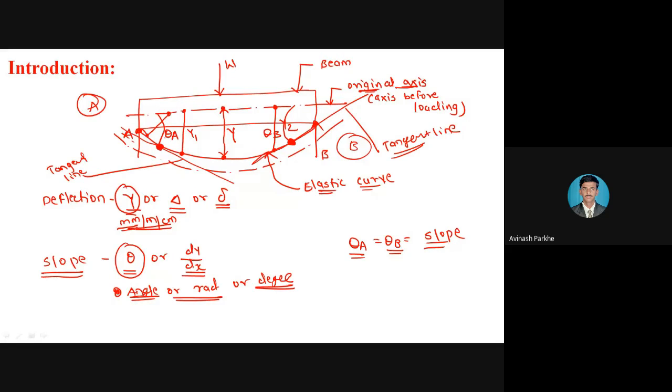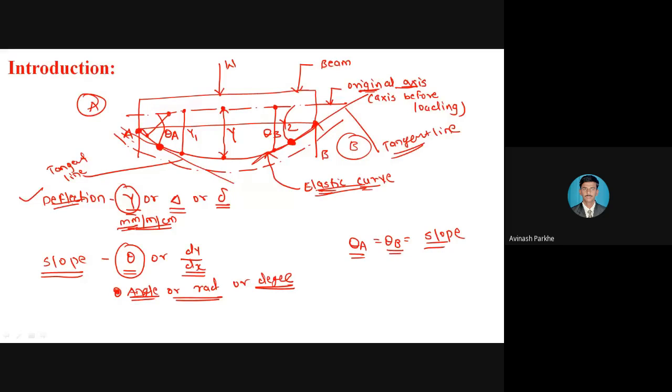Up till now, we have calculated the bending moment at point A, bending moment at point B, bending moment at point C. Why bending is taking place? Because the beam is subjected to the loading. Similarly, in this concept also, again the beam is subjected to the loading, no problem. But here, instead of considering the bending concept, here I have taken the elastic curve, and through this particular elastic curve and their axis, I have defined this particular two definitions, that is slope and deflection.